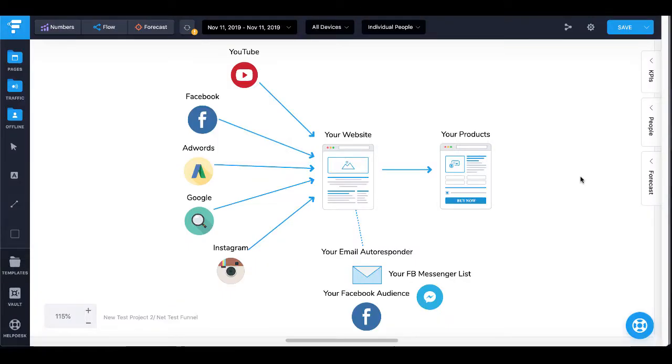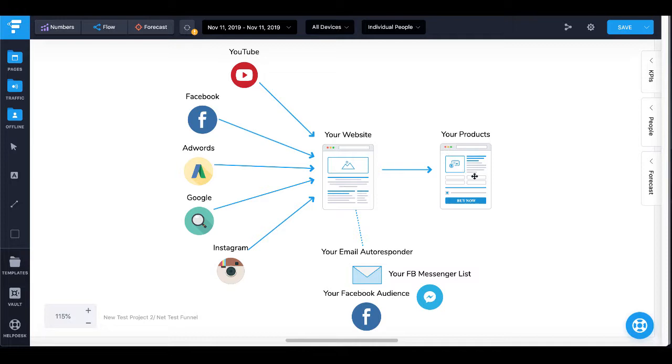All right, here on this screen, this is a visual representation of what your business will look like once you set up those things. We talked about how you should have your own website and your own email autoresponder where you should be collecting leads. And like I said, I believe part of your foundation should be YouTube. We're not really counting that as social media because YouTube is going to be the primary traffic source to your website. That's also where you're going to be collecting your leads and following up on your email autoresponder to make sure that you're getting people to your products.